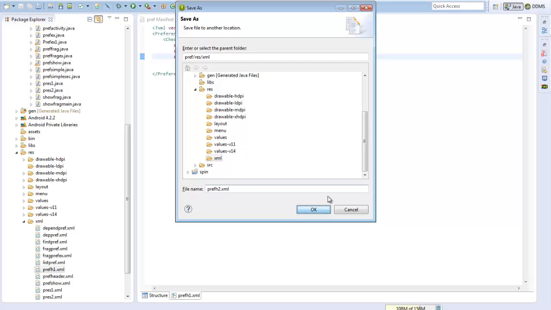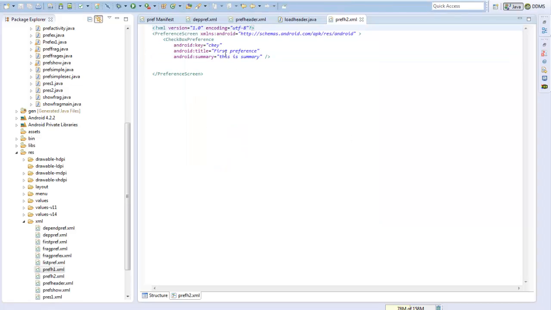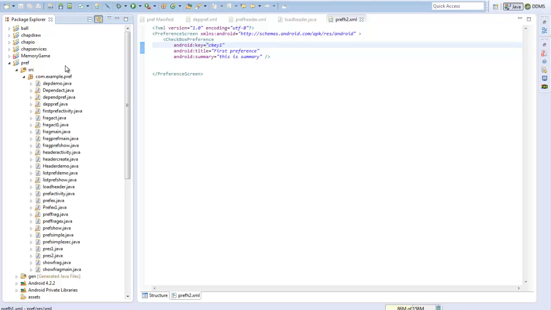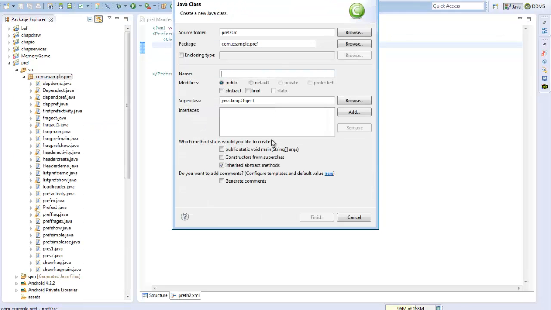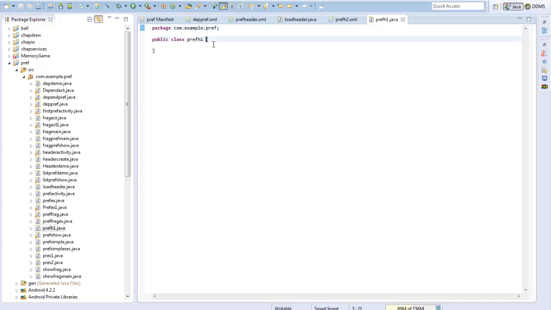So we have two XML files, and now we'll have to create two fragment files for loading these XML files. So I'll create two preference files, new class pref h1, and I'll say it extends preference fragment,